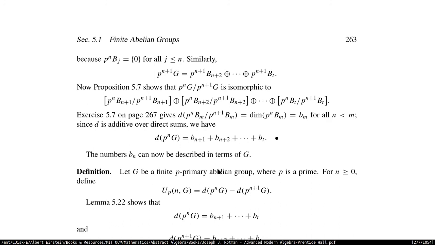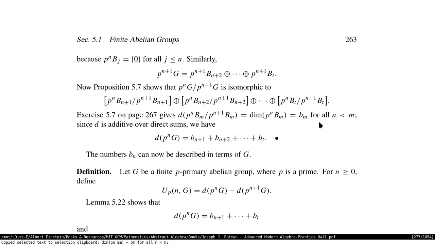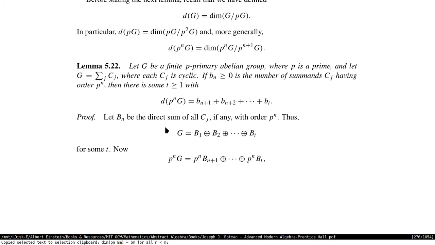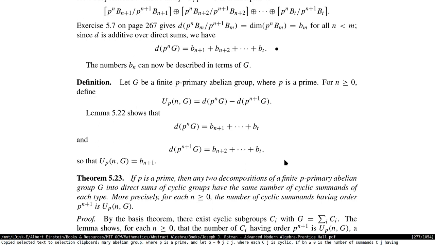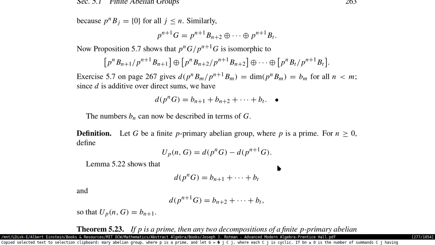D is additive over direct sums. So d of p^n G is just the summation of the lowercase b's, right? Because the dimension of p^n B is just the lowercase b's, by definition, the number of summands you have. The number b_n can now be described in terms of G. Does that really make sense? I mean, I get the idea what he's trying to do, but